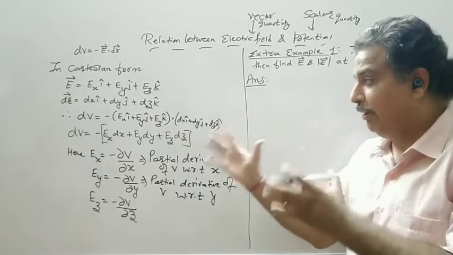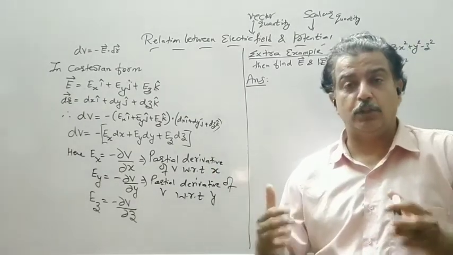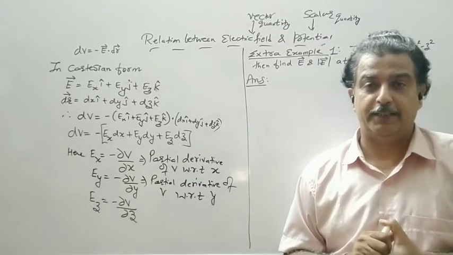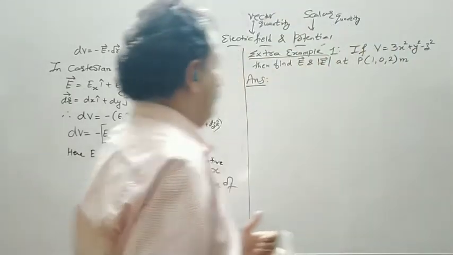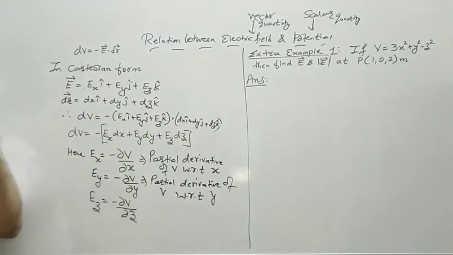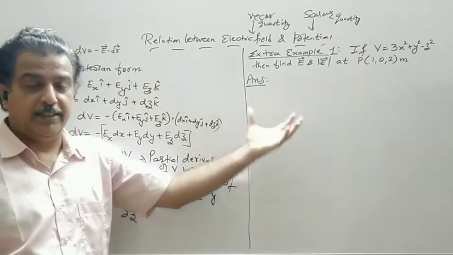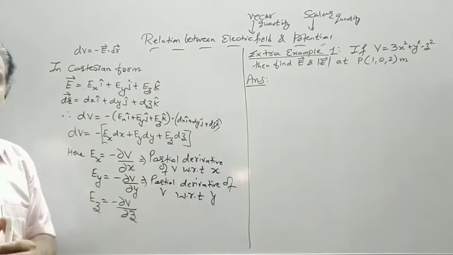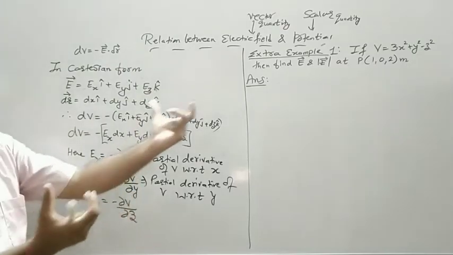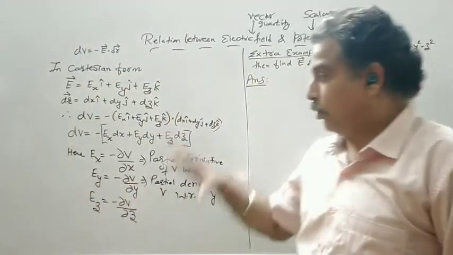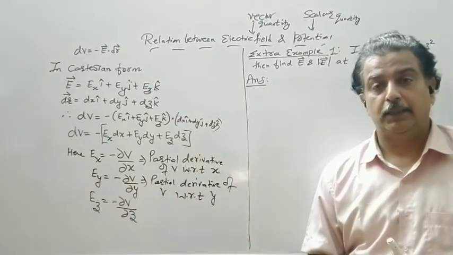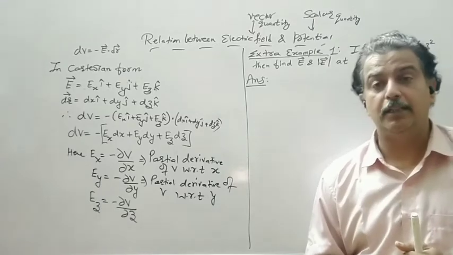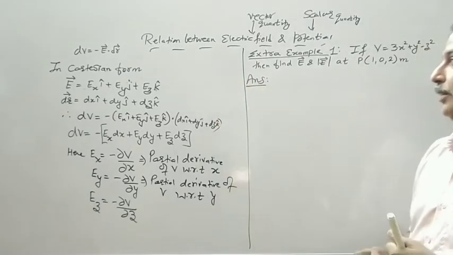So see how we will find out the electric field intensity, because if we want to find out the electric field intensity, we have three components. So we will use this formula. See that numericals are more easier as compared to the theoretical explanation. So if we know the formula, you can easily do the MCQ. The concept of theory is important, but it is little bit difficult to understand these concepts.